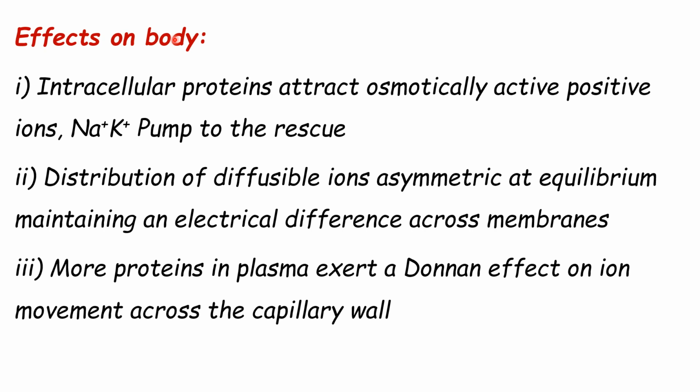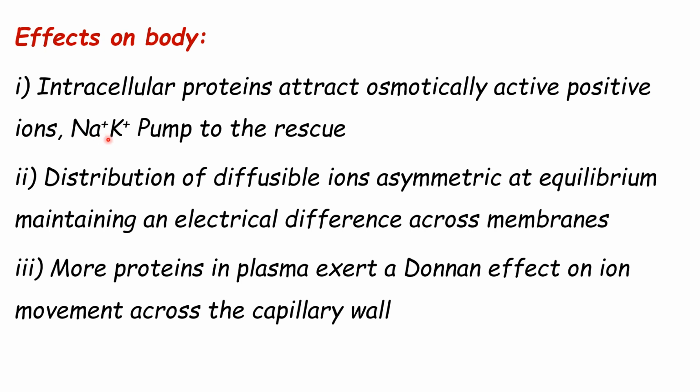So why do we want to know this Donnan's equilibrium? Because there are certain situations in the body, when you are studying systemic physiology, you'll come to know that the arrangement or the redistribution of anions or proteins can be explained depending upon the Donnan's equilibrium. The intracellular proteins, which are impermeant, attract osmotically active positive ions, and the commonest ion it will attract is the sodium ion. So when sodium ions move, they are osmotically active, water will also move, so the cells will swell because of this Donnan's equilibrium.